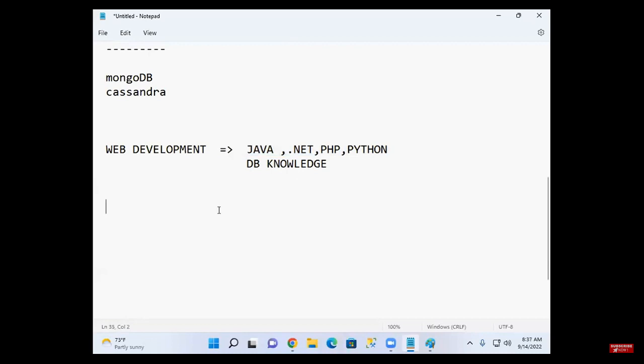Next one, you want to become a BI developer. What does BI mean? Business Intelligence.